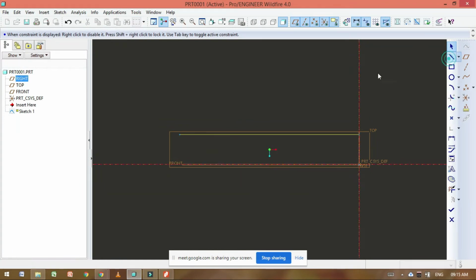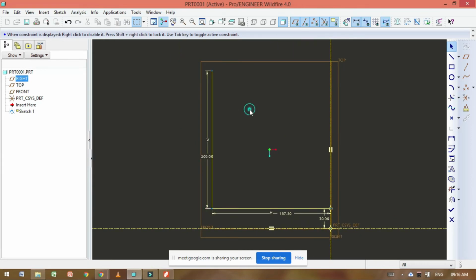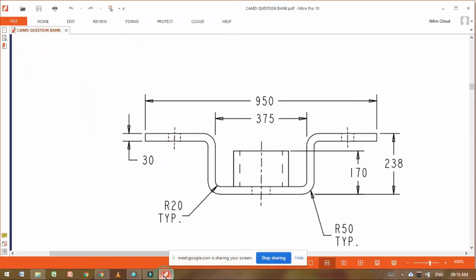Okay, from this point, 208. Okay, then come now this point to this point. We don't know the distance, so 950 is given from center. Total distance. So we can divide it. 950 divided by 2.